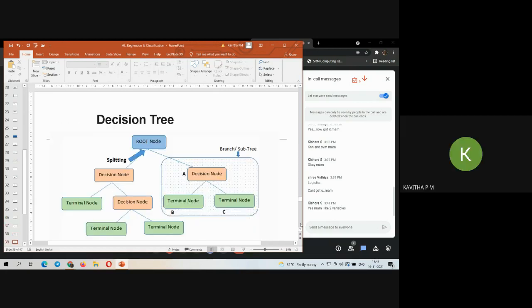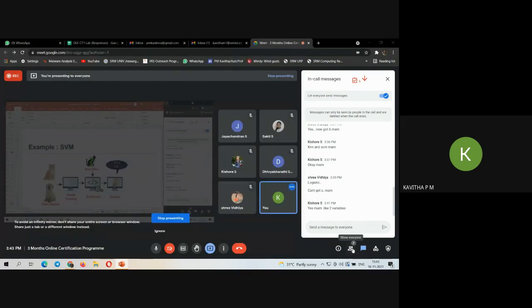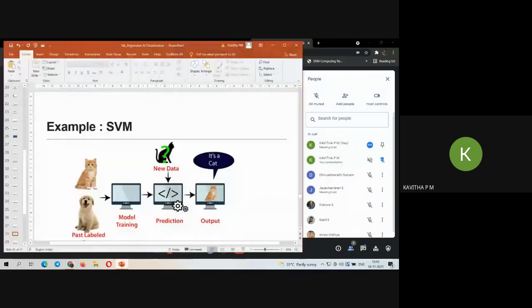Okay. Coming back to decision tree, I guess you understand linear regression, logistic regression, KNN, and SVM. Any doubt in all these four algorithms or concepts? No doubts, ma'am. What about others? Kishore, Srividya, and one more, Divya Bharati. Okay, fine.